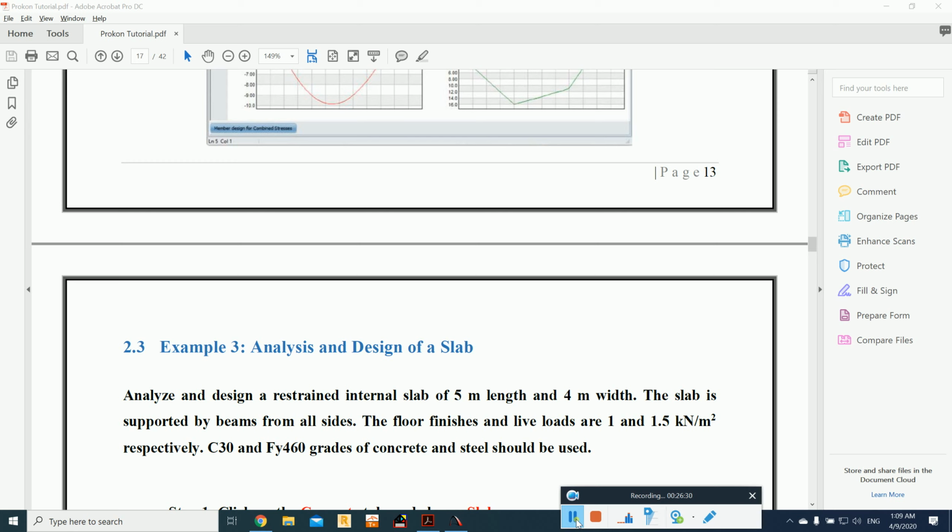Okay. Now going to example number 3. In example number 3 we are going to analyze and design a slab, and the question says we need to analyze and design a restrained internal slab of 5 meter length and 4 meter width. The slab is supported by beams from all sides, and the floor finishes and live loads are 1 and 1.5, and then grades of concrete are 30 and 460 for concrete and steel, and it's designed using BS code